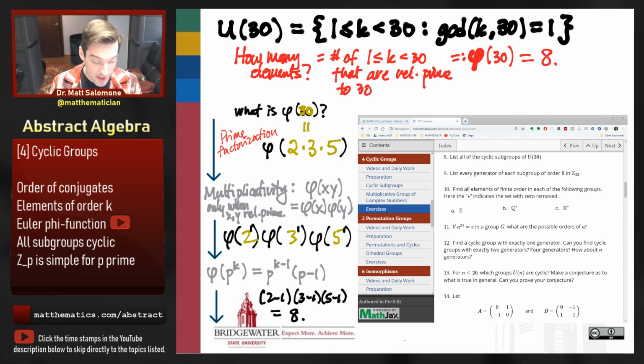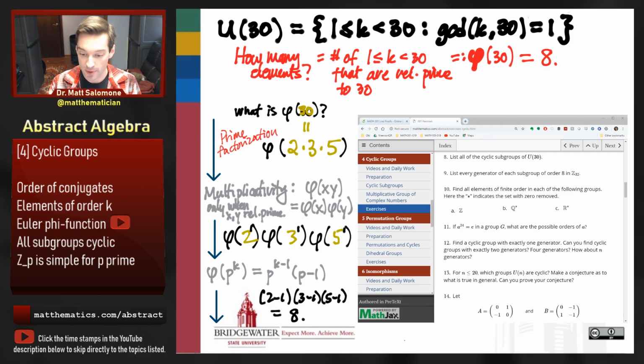So every evaluation of an Euler phi function, we can put into this sort of general strategy for how to do it. Find the prime factorization, then use multiplicativity to break apart the Euler phi function over the prime powers from that factorization, and then use the 1 less power times 1 less than the prime formula to compute each of the factors in your Euler phi function. Okay, so now we're ready to talk about the subgroups of U30. This is also sort of secretly a problem that I chose because I like talking about subgroups.